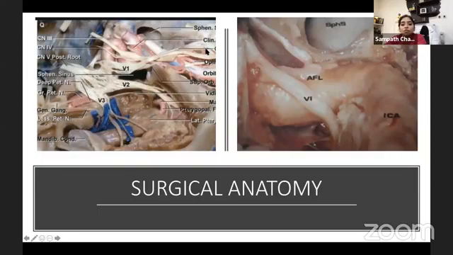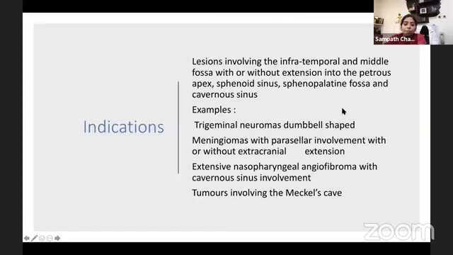And some of the others, that is the third nerve and the fourth nerve, are going to the superior orbital fissure here. So this is the abducent nerve, which is going to Dorello's canal in the petrous apex, crossing the internal carotid artery. So coming to the indications here,